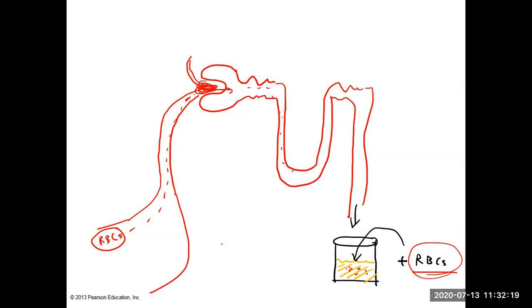All right. However, sometimes red blood cells appear in the urine, but it could be from other reasons, such as collection of the urine. If a person is menstruating, for example, and you collect the urine and there are some red blood cells in there, that doesn't mean that the red blood cells are passing. That doesn't mean that